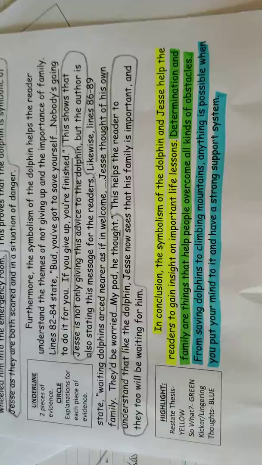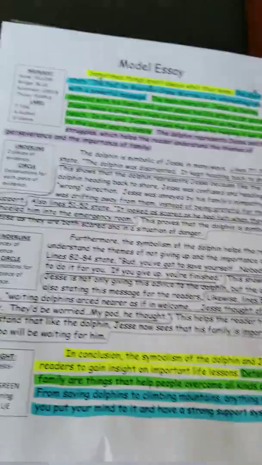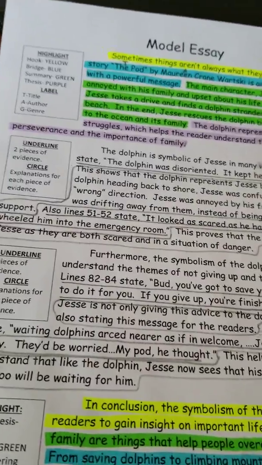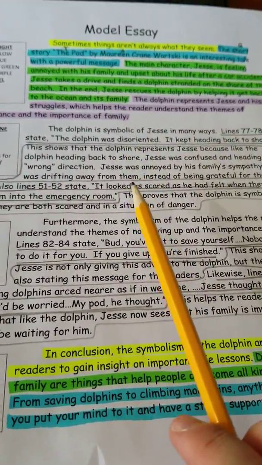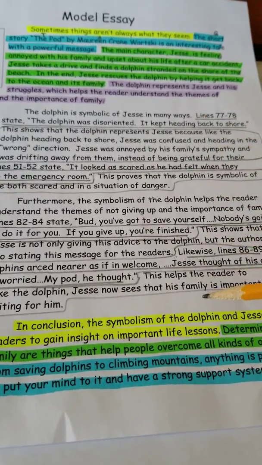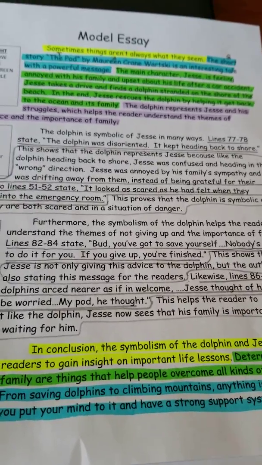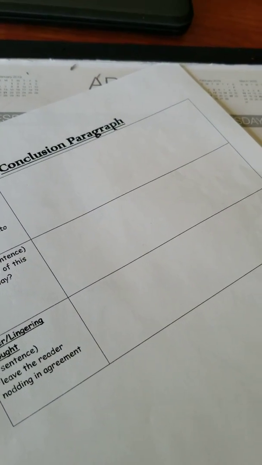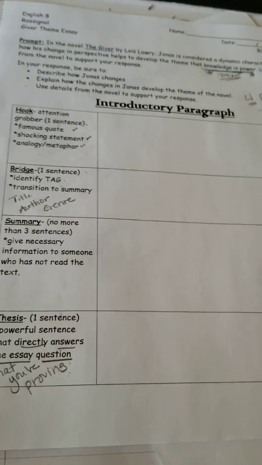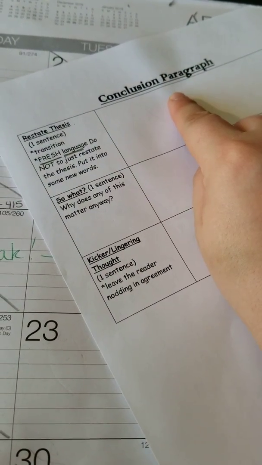Okay? So what we did in class was all of this. We talked about these different pieces, and then the kids went through and they highlighted. We also talked about evidence and explaining our evidence just to kind of put that back in our brains. But I've given you this as a reference. What you need to do is take your static and dynamic character paper that we filled out before break. And if I have it, it'll be in your absent packet. And you're going to do the organizer for the intro and the organizer for the conclusion of